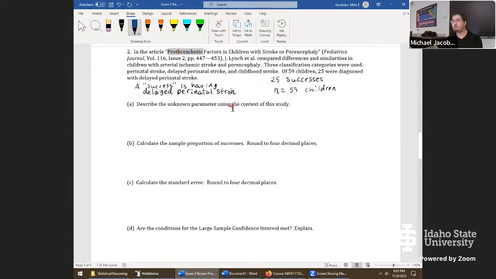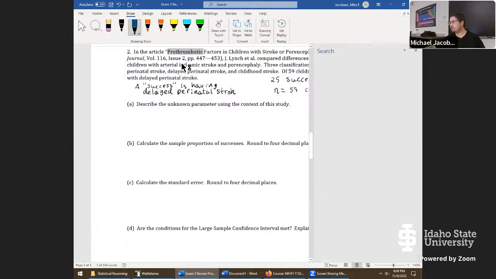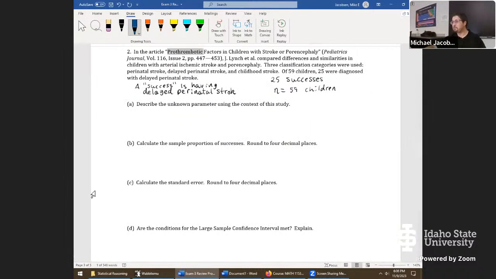And really this first word right here, let's see if we can just look up some of this, because these kinds of medical question problems are pretty interesting, but they can also be massively confusing if we're not too sure what the terms mean. Let's search prothrombotic, and it says, oh boy, just more medical terms. It looks like they're talking about blood clots, which makes sense if they're talking about strokes. We could look into this more, especially if you're interested in this problem. But for the purpose of getting through the problem, just being at least somewhat familiar is a good idea.